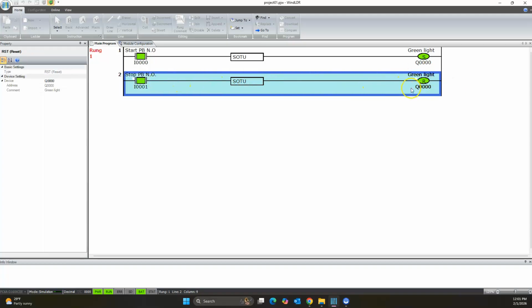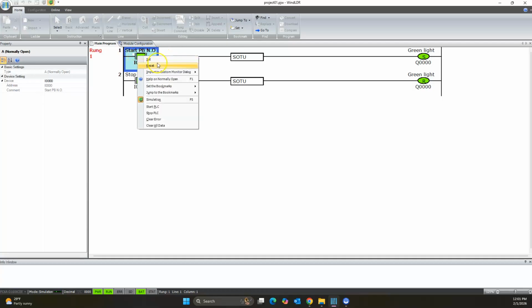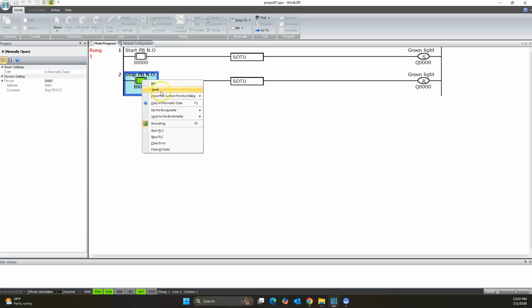Because for a set and a reset, I only need that brief pulse, and it only happens in that transition from low to high. So that allows me to press this, set it. I can reset it. That's already established my latch. And then this I would have to actually let go of the button now. And then I can set it again, and that resets everything. Okay. And then our